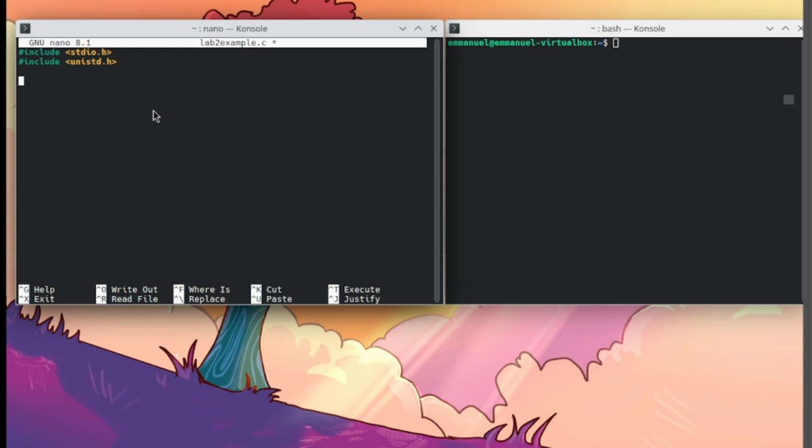then int main is the header. So for us to have a looping, we need a while, then 1, then we will have to print a text that says process running, and for us to do that we will type printf, open parenthesis, then quote, process running,